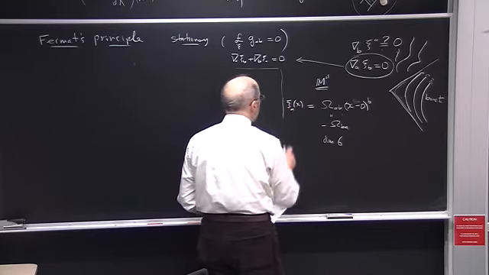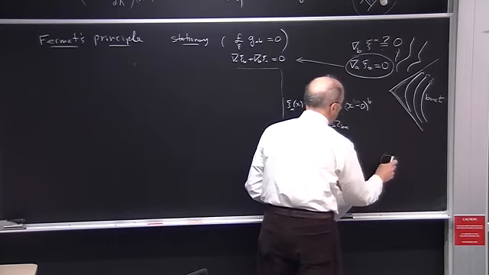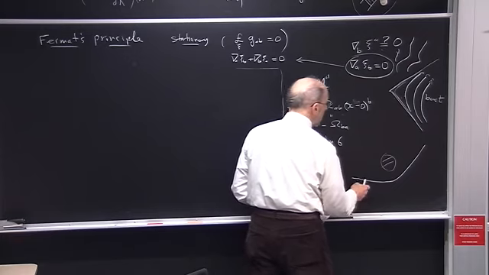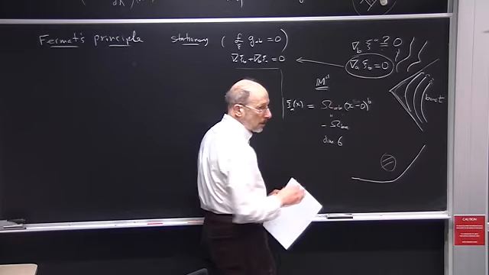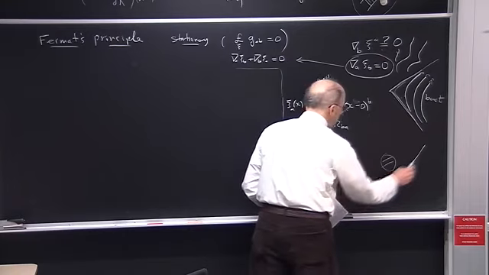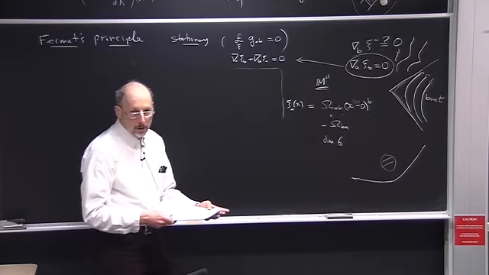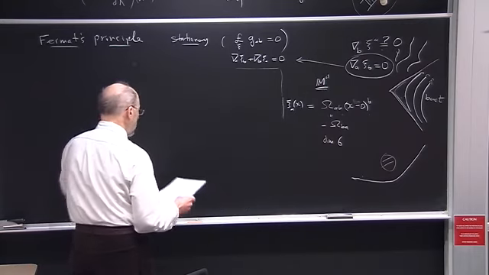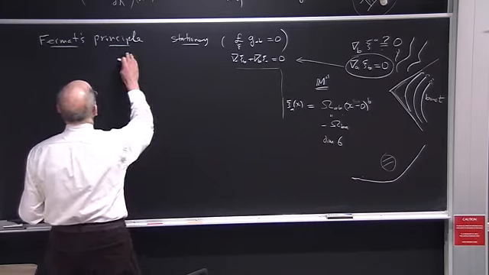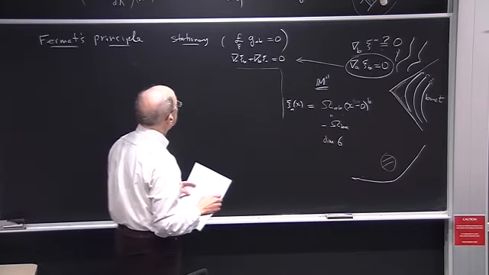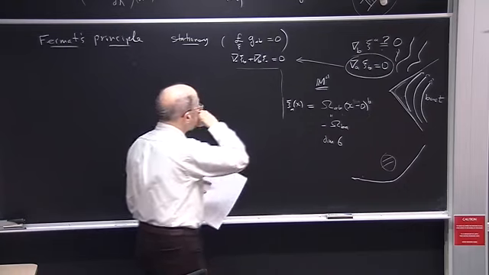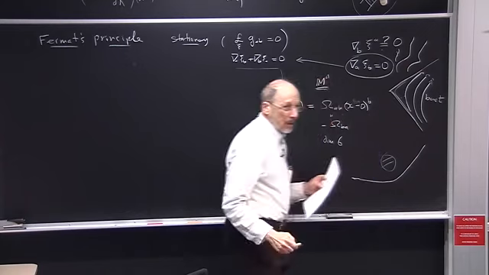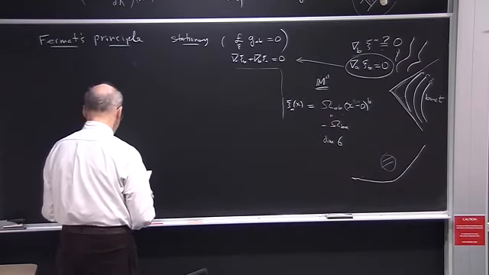Or if it's a beam of light, it's going past the sun and it's bent a little bit. If you're not interested in the time delay, which is very important, but suppose you're not interested in that, you just want to know how much it's bent, which were the early observations, then all you need to know is this orbit. So it's just an interesting fact that when you have a stationary space-time,